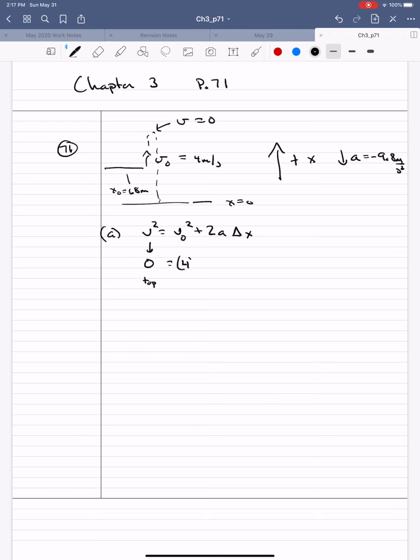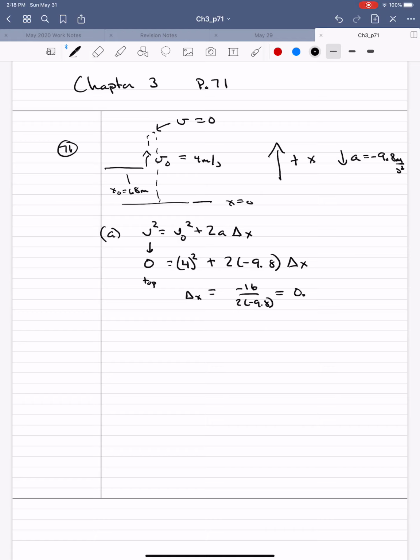When she leaves her board, her speed is 4. We picked up to be the positive direction, so I'll use negative 9.8 for the acceleration. And delta x here will represent the height above where she starts when she gets to the top. And so delta x is minus 16, that's 4 squared, over 2 times negative 9.8, and that works out to be